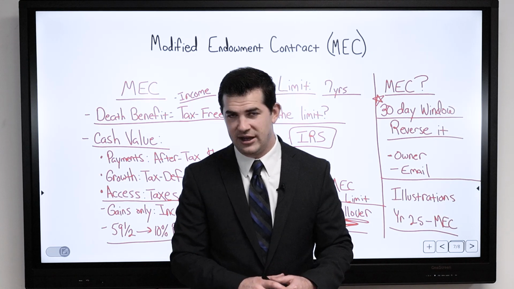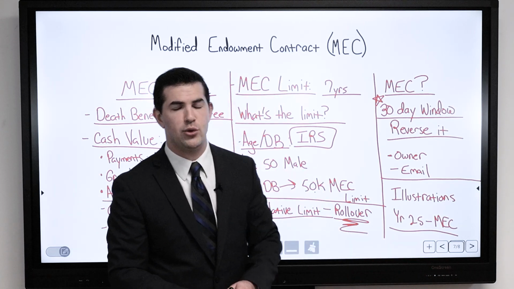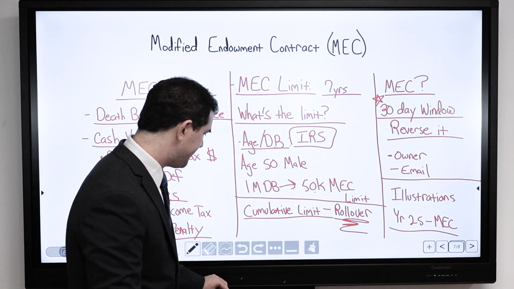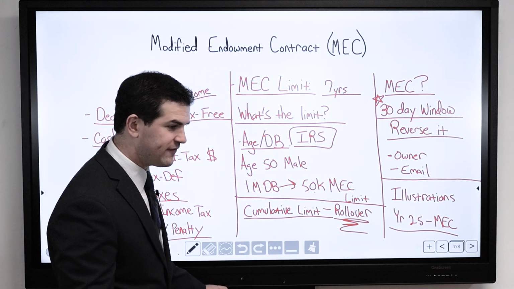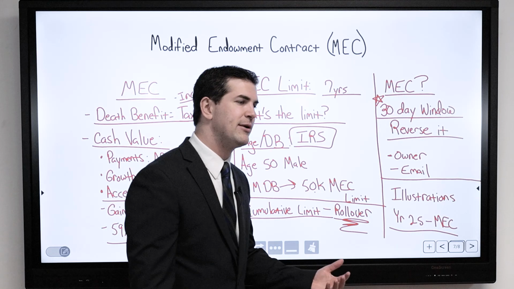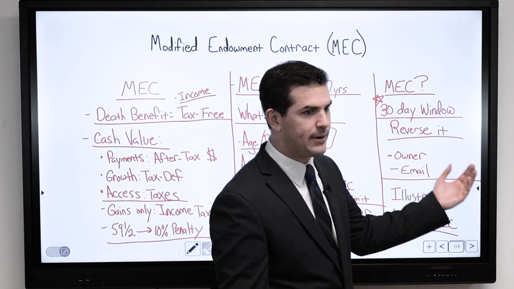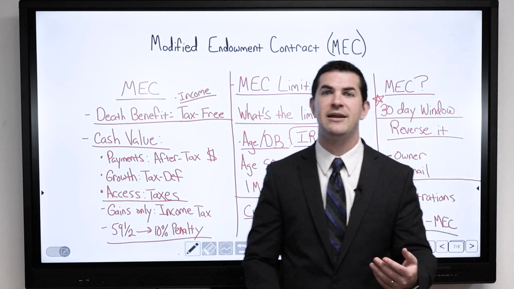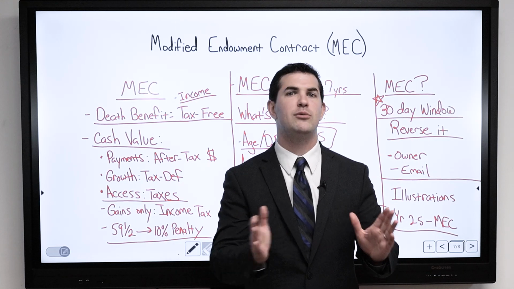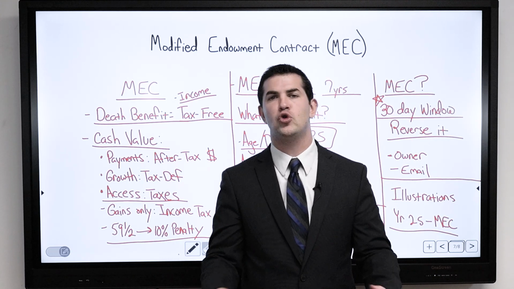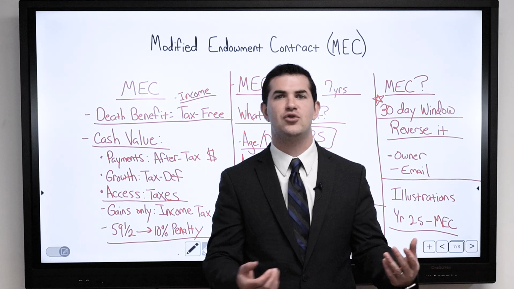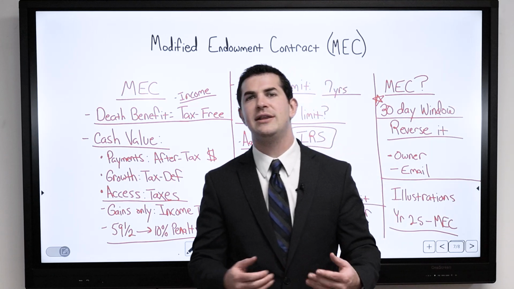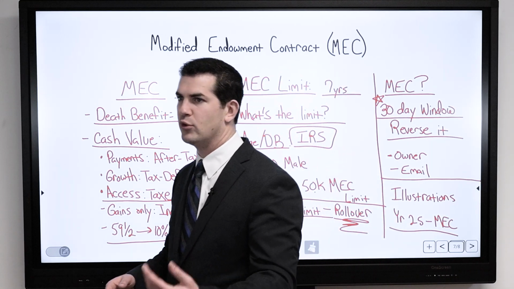The other thing is, let's say you were not aware that you were going to run into a MEC in year 25 and you're paying money in and year 25 comes. Well, what would happen at that point in time? The same warning would pop up. You'd basically be forced to pay in a lower amount than what was originally anticipated in order to prevent a modified endowment contract from occurring. Point is, it's very easy to prevent or reverse.